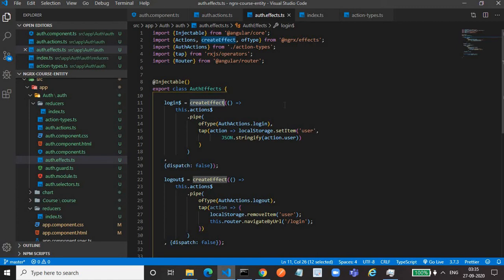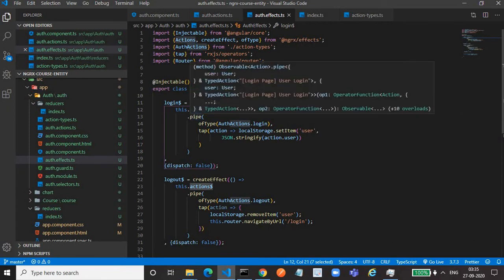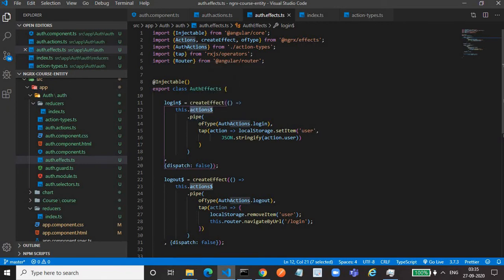In this arrow function, we are accessing that actions variable, this.actions$.pipe. Then ofType also we have to import from @ngrx/effects. And in ofType, we will provide the typecasting for the action, AuthActions.login. This AuthActions we are importing from action types.